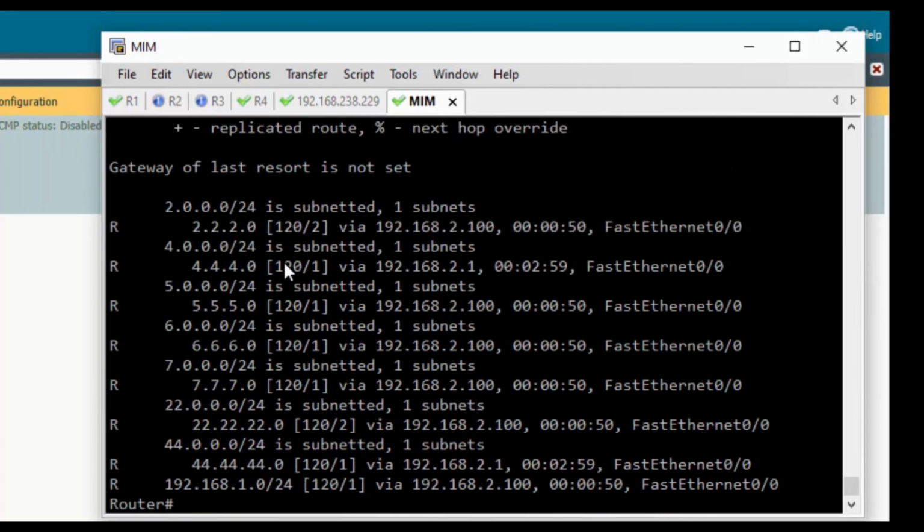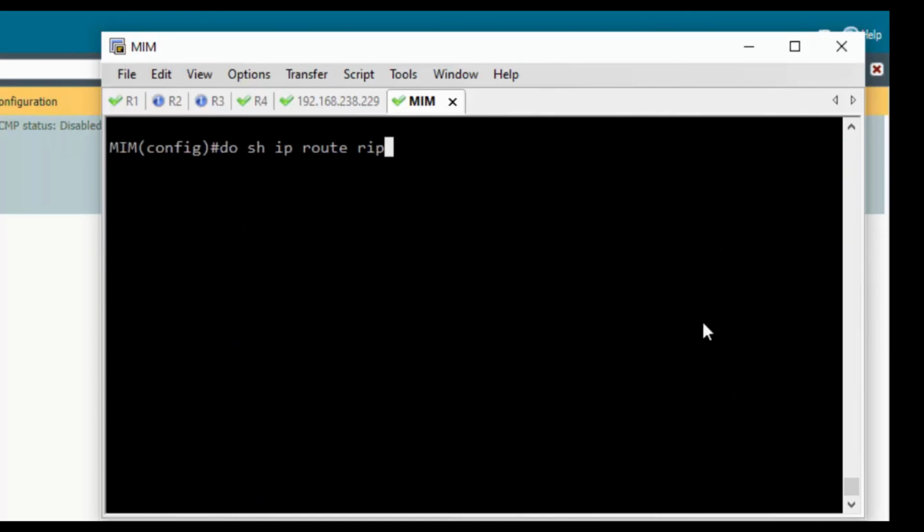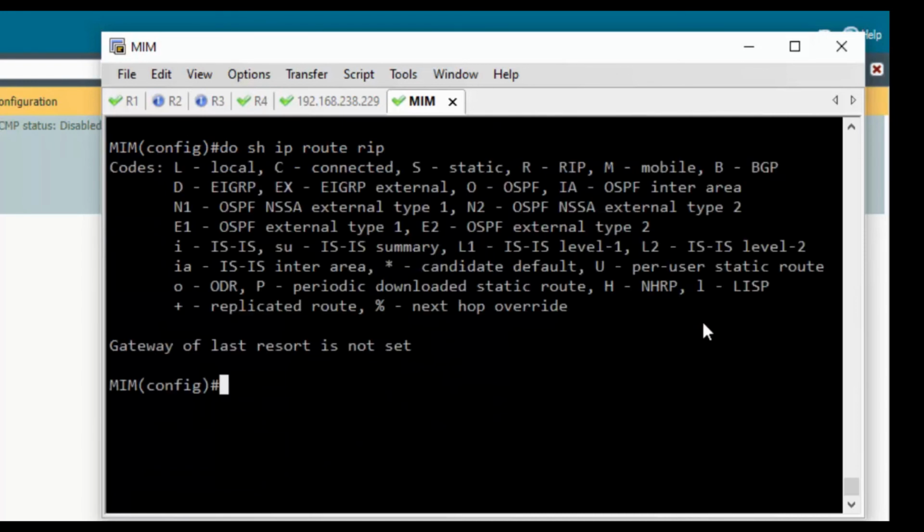Okay, now the routes have gone. In my routing table I don't see any routes learned from other routers or other networks, so I don't have any routes.